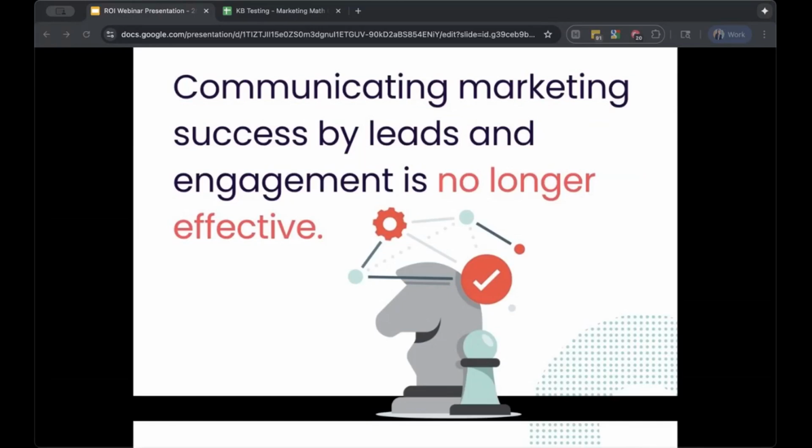Leads and engagement are absolutely essential to tracking marketing performance, evaluating and optimizing. So they're very important. I refer to them more as diagnostic metrics. You might have heard of vanity metrics before. These are not those. They're very useful and they help you improve what you're doing. But we really want to take that a step further and specifically translate it to the bottom line and tie it to revenue. So today we're going to help you do that. We're going to show you how to take it to the next level and speak the same language that sales and key stakeholders actually care about. So that's in dollars and cents. And the best part is that you probably have all of the data you need. You just need to know what to do with it.